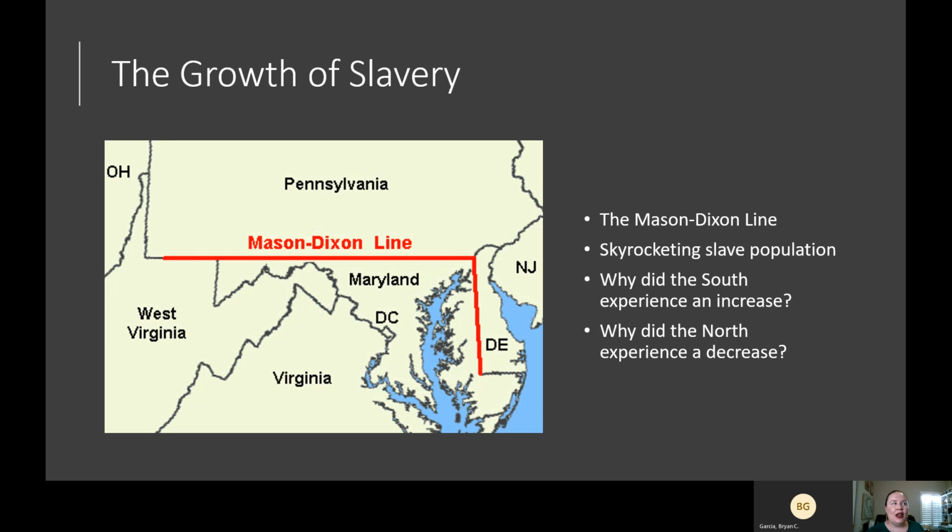The demand for cotton in Northern factories, Northern banks and companies invest in plantations in the South. In fact, by the time we get to the Civil War, there's more money invested in slaves in the South than in factories, railroads, and banks combined nationwide. So it's big business. And the North is just as involved in sustaining slavery as the South, although their involvement is obviously a little different. They're not directly enslaving people, but they are bankrolling things like improvements to plantations, etc.